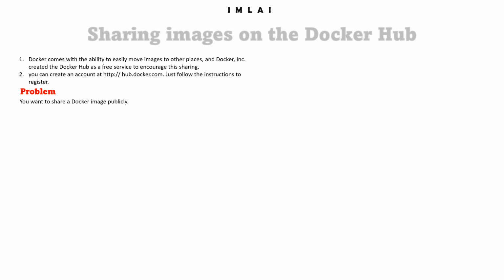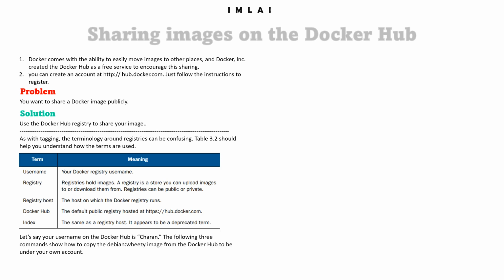Here we want to share a Docker image publicly, and for that we have to use this information: username, and registry is required, registry host, Docker Hub and index. So let's say your username on Docker Hub is Charan. Then the following three commands show you how to copy the Debian image from Docker Hub to be